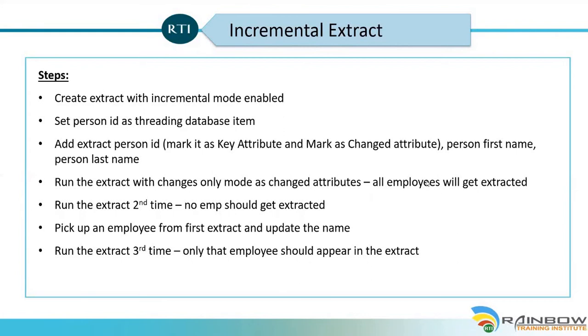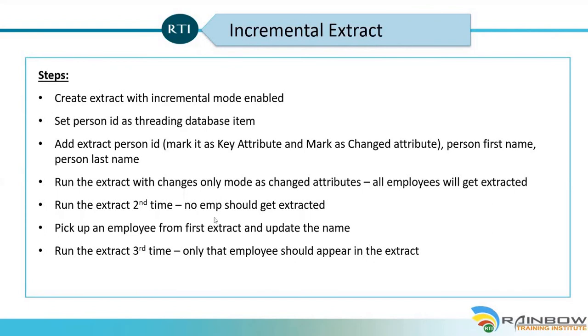When we run the extract for the first time, all the employees will get extracted. We'll run it for the second time, and hopefully no one updates the employees in the backend. If there are no employees updated, no one will get extracted in the second run. After the second run, we pick up a specific employee who has been extracted in the first run, and we'll update the name or a specific property, and run the extract for the third time. In the third run, the output that is generated, you will notice only the employee who has been updated. In some use cases you might need to build an incremental extract because it only needs to pull the changes every time it runs.